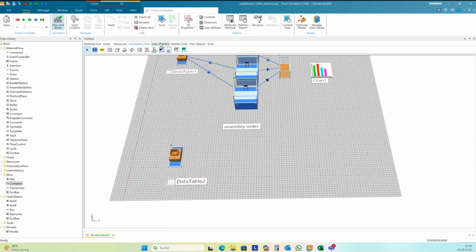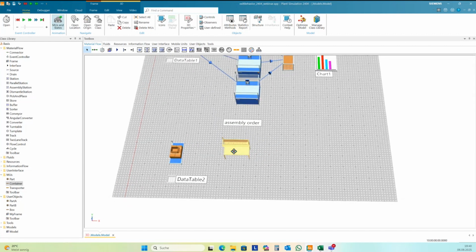And then you want to assemble this using an assembly station. And one problem is we need here different predecessors.